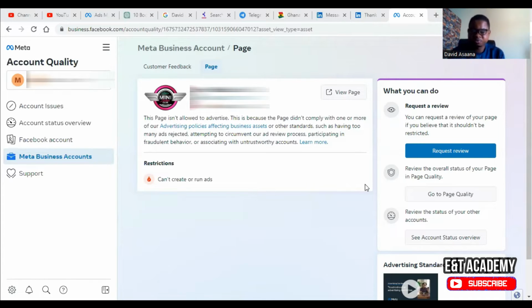So if your page is restricted from advertising, just like what you are seeing here, we have something like this: page isn't allowed to advertise. This is because the page didn't comply with one or more of our advertising policies affecting business assets or other standards, such as having too many ads rejected, attempting to circumvent our ad review process, participating in fraudulent behavior, or associating with untrustworthy accounts. Now, when you look at the right-hand side, you can see request